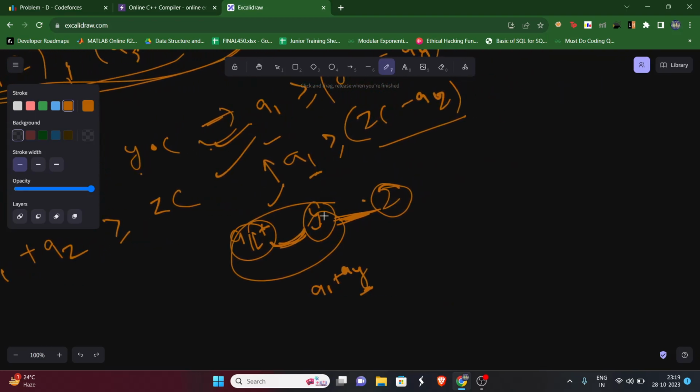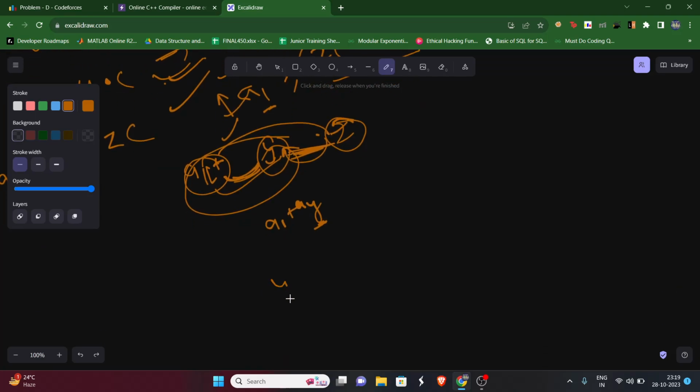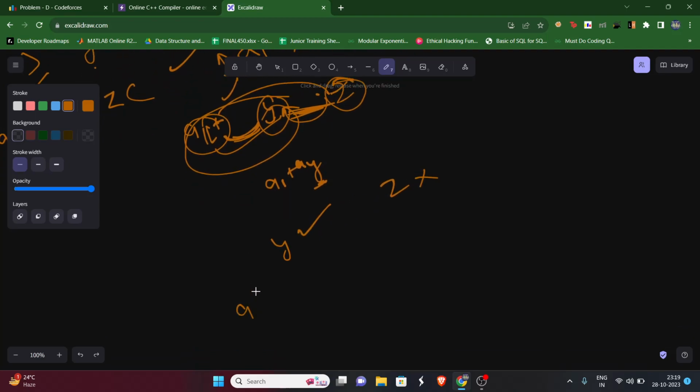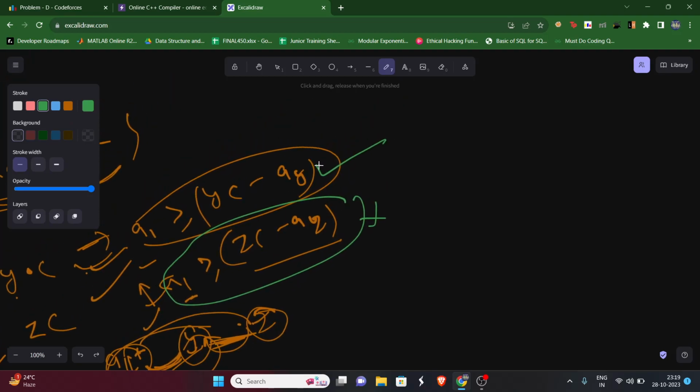In the second scenario, both were satisfying, so we joined Y first and then joined Z. Even if we choose Z first, this condition was true, and we could have joined Y. But let's say Y was satisfying and Z was not satisfying. So this condition is satisfying, but this condition is not. So it might happen that when we apply this condition first and merge city 1 with city Y, then